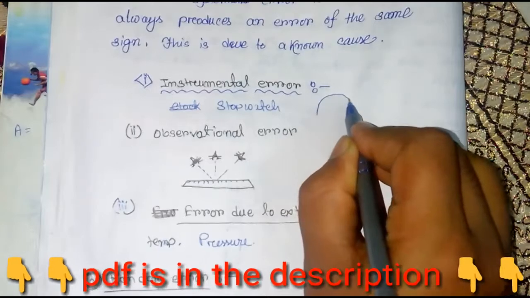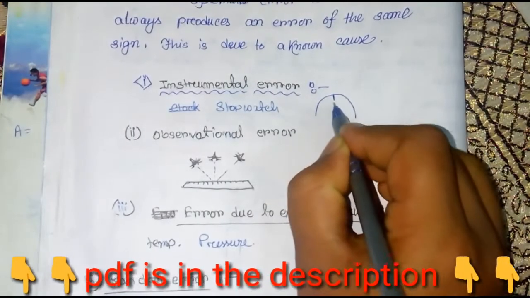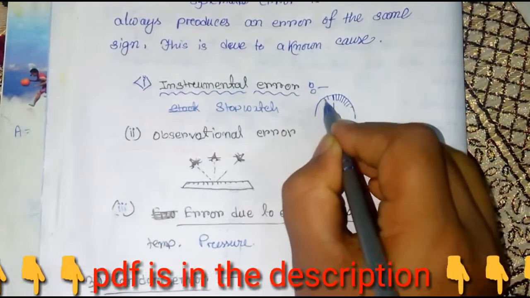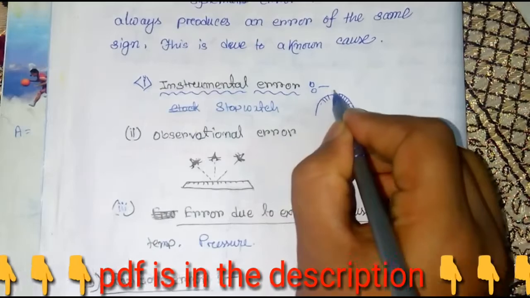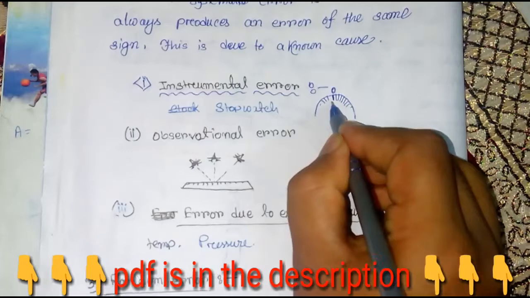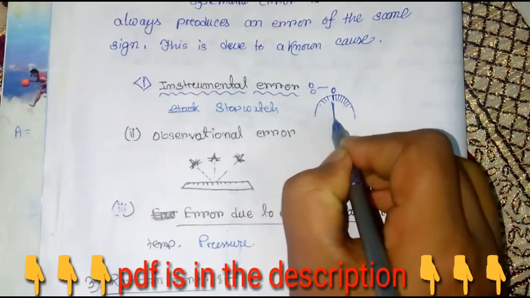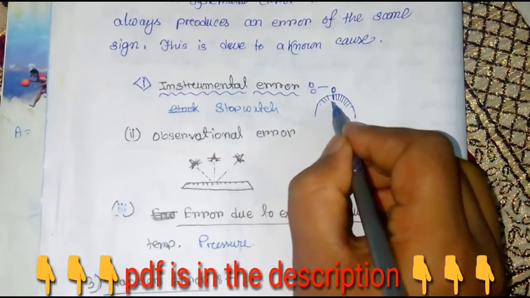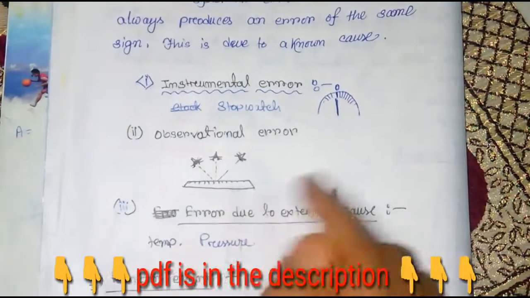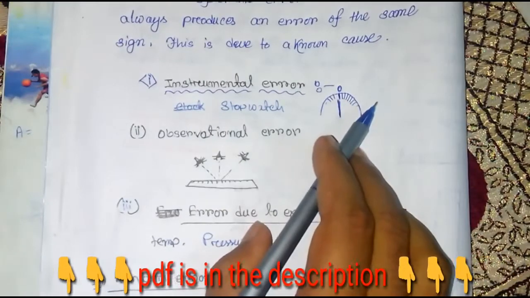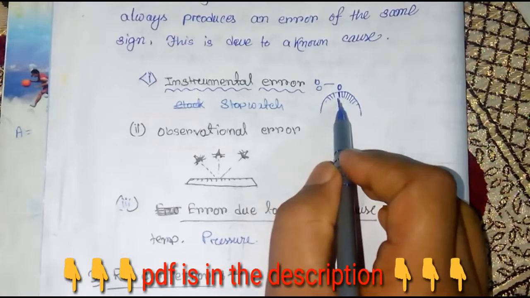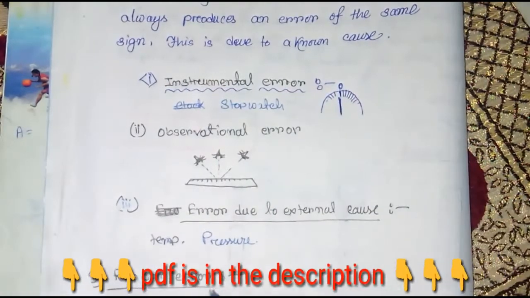Okay, you have a watch, and you are just counting the seconds. So a stopwatch has this type of scale, right? Suppose the zero value, the zero of the scale, is not accurately matching with the second hand. So this is called an instrumental error. So it always gives less than the actual value or more than the actual value, right? So this is an instrumental error. You can fix it.